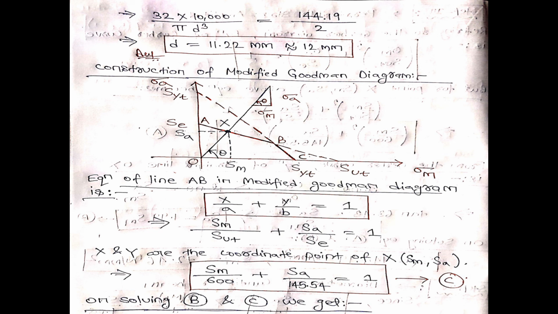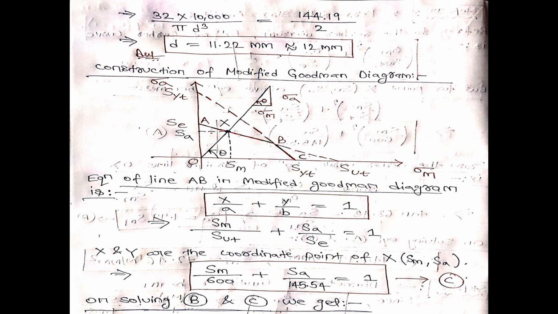We already found the value of theta. At an angle theta equal to 63.43 degrees, with the help of a protractor, you have this line, and this line will intersect the modified Goodman diagram at some point x. That point x has x component Sm and y component Sa. Again, for this modified Goodman diagram, I have to find the values of Sa and Sm, and then we will take Sa into account to get the diameter of the beam.